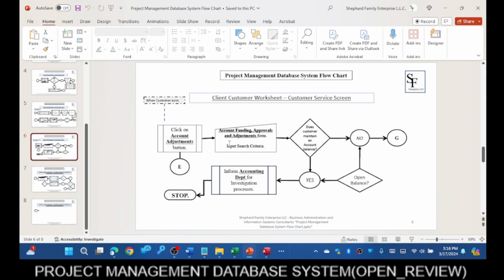So, all this here, for an employer, the Shepherd Family Enterprise, Business Administration, Information Systems Consultants, since we know what we're doing and we don't have to go outside of the company to bargain anything, what we're trying to do is come up with a solution. And then from there, we have to build an infrastructure. We have to say, what do we need to do in order to make this work? Through this PowerPoint flow chart, I have to say,